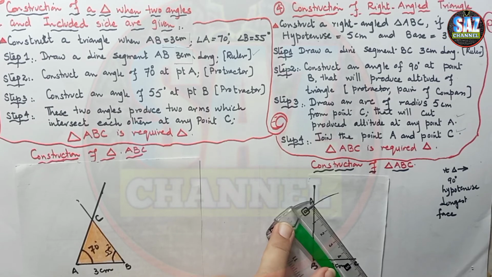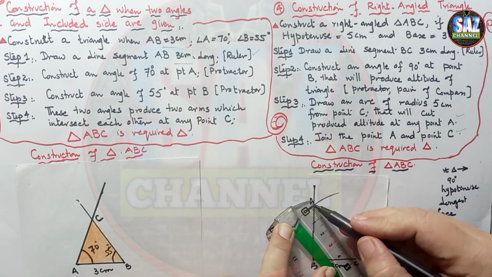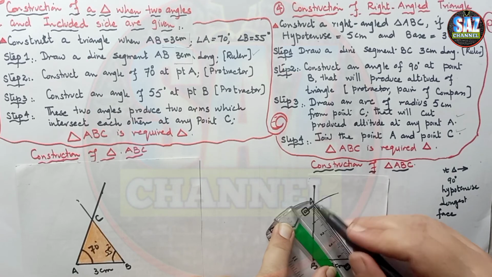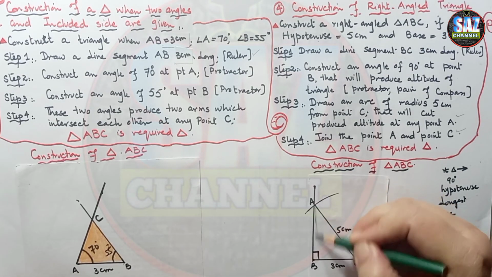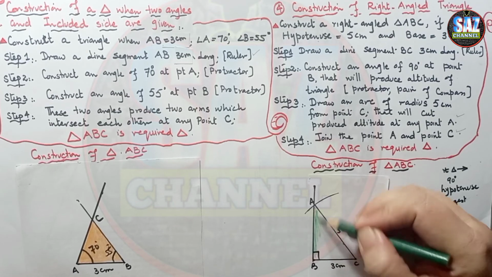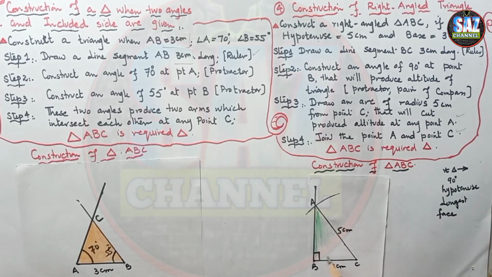Okay, and join these 2 points. This is 5 centimeters. And now this is the 90-degree angle, and this is 5 centimeter. It is the hypotenuse. It's in front of your 90-degree angle. Okay, and it's time to go for the coloring and give some beauty to the work. Okay, so I hope you are clear how to construct a right angle triangle when one side and the hypotenuse are given.